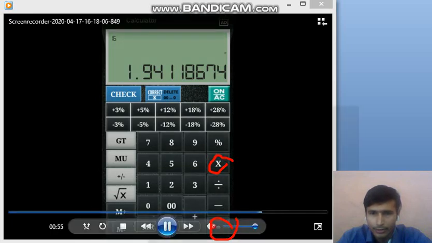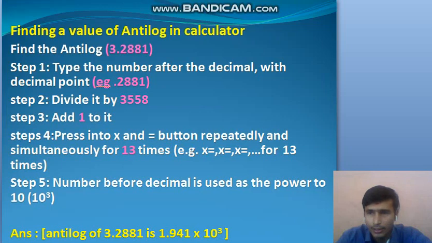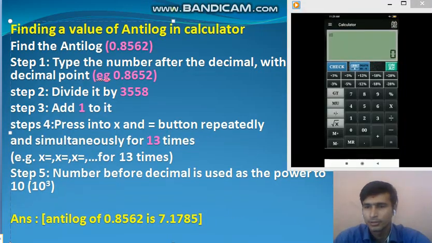We get our answer 1.9411. The antilog of 0.2881 is 1.941, right? And the digit 3 is added to this as the power of 10. So we get the answer 1.941 into 10 raised to the power 3, right? Let us take another example. Find the antilog of